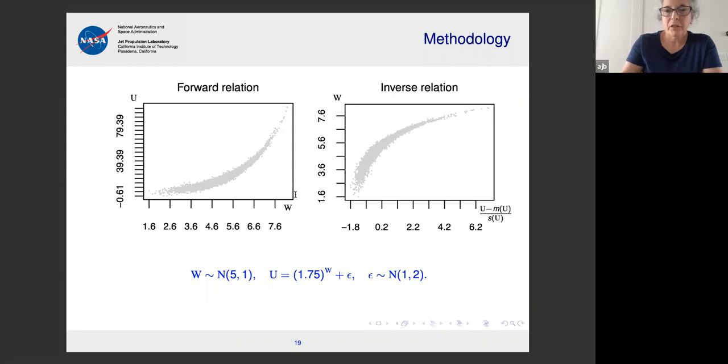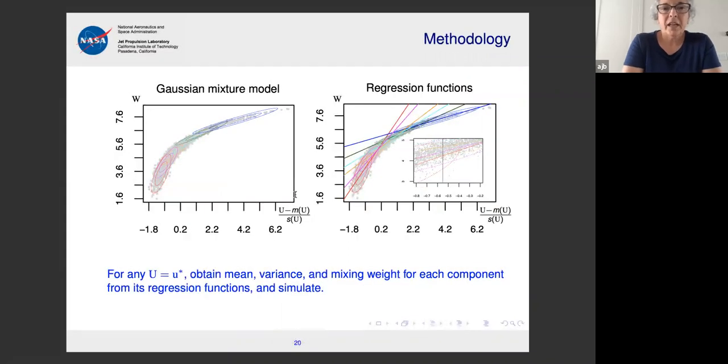Okay. So here, what I'm saying is that if I were to try to describe that scatter plot on the left there with a single Gaussian ellipse, it wouldn't be a very good description of the data because, number one, it's not linear. And number two, the variance changes depending on where you are. So this is sort of a cartoon version of the first order things that can go wrong when you try to approximate something that's not Gaussian with something that is Gaussian.